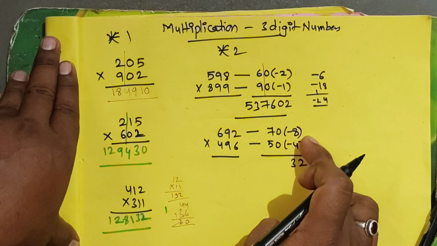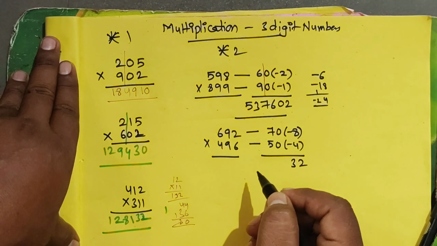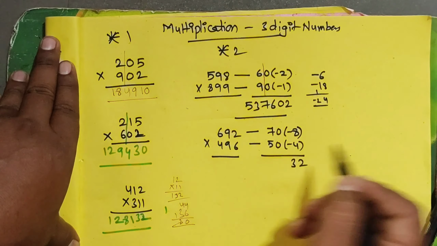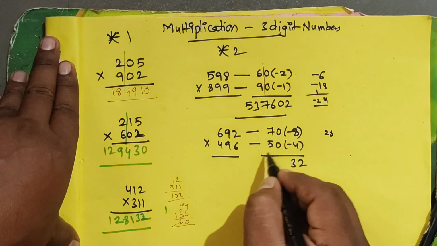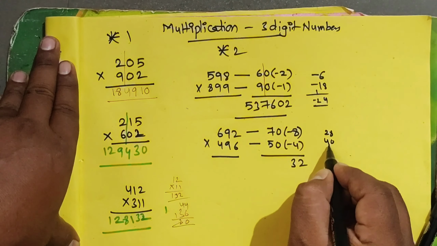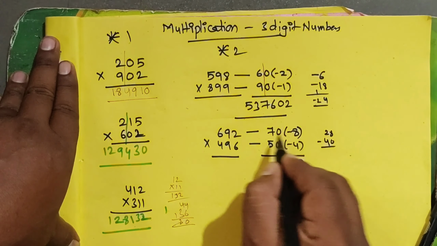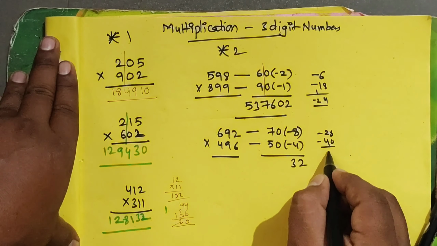Minus 8 minus 4 become the plus 32. Now take the cross multiplication here. 7 4 ja 28, 5 8 ja 40, means become the plus 5 minus 8 minus 40 plus 7 minus 4 minus 28 become